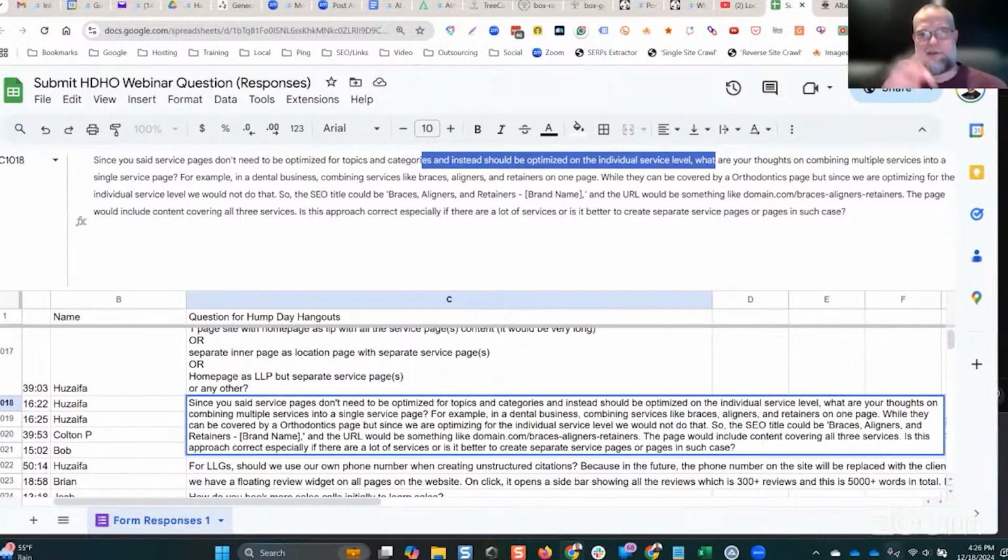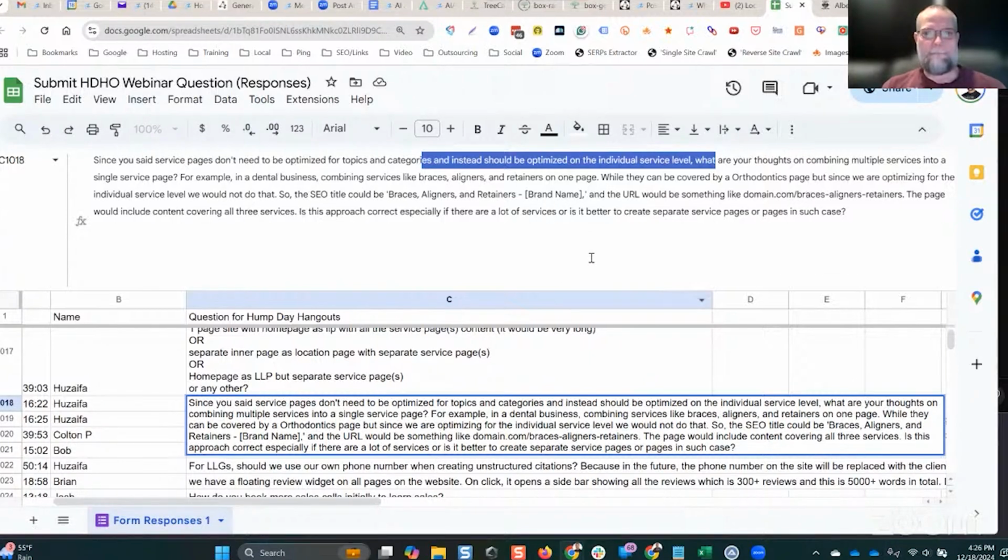I would do an orthodontics top level page. That's a top level service category. And then under that, I would have child pages, one for braces, one for clear aligners, because that's the actual topic term. The entity is clear aligners. Invisalign is a brand of clear aligners. And then retainers and stuff like that. I would have those as child pages of the top level orthodontics category page.